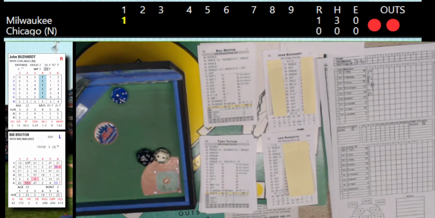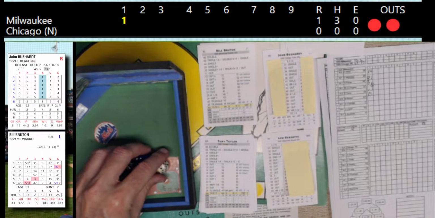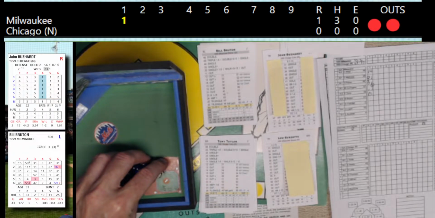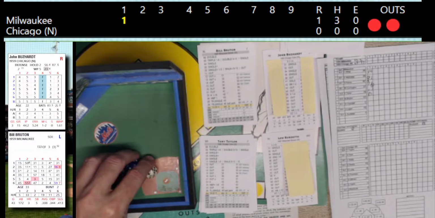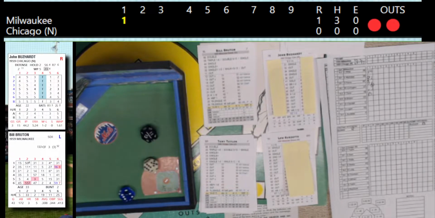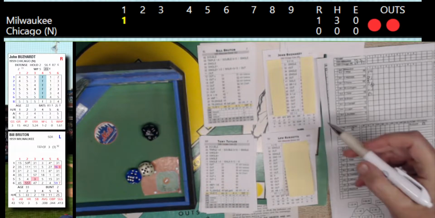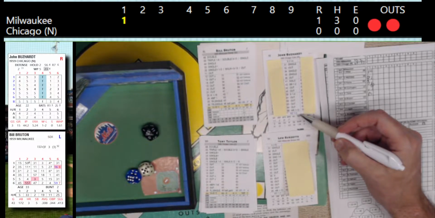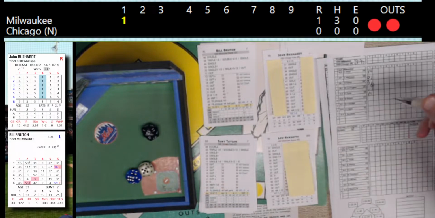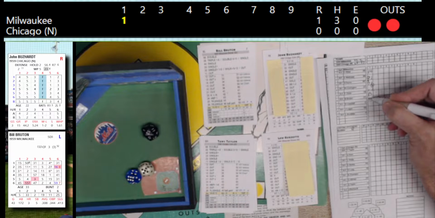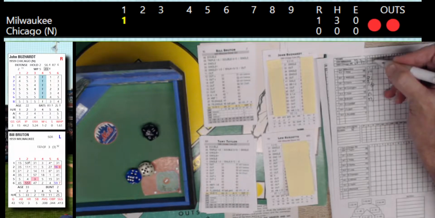Here's Bill Bruton. Excuse me, haven't played this team in a little while, so I got to get those pronunciations right. Bill Bruton. Here's a pitch. He bats from the left side. A 65. That's a power shot off the pitcher card, and Buzzhart has a 12, but it's going to be a -4, so that becomes an 8. We roll a 13, and that will be bounced to the first baseman, Long, and that will retire the side. 1 run on 3 hits.